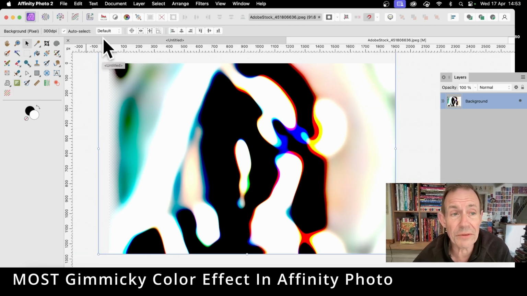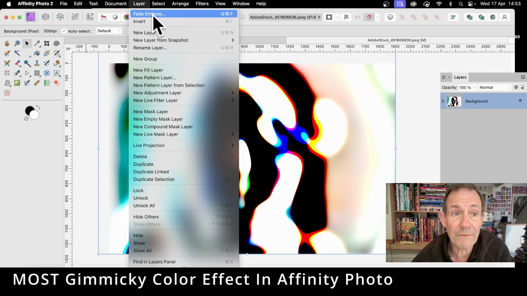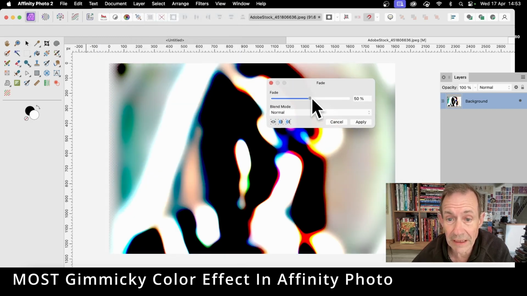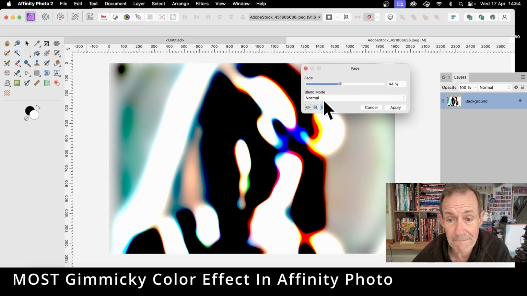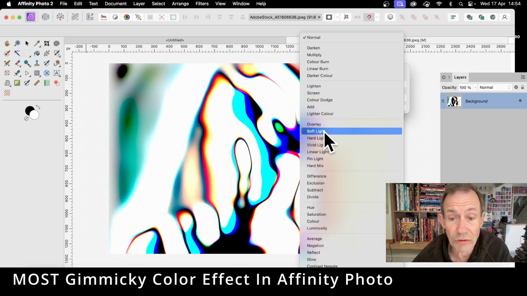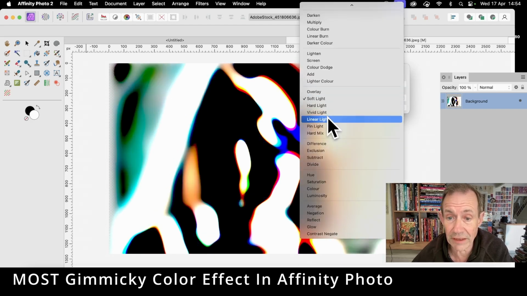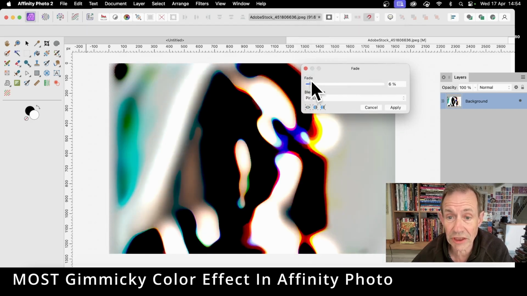So once you've got that, you can then use the fade. So Layer and Fade Emboss. So Fade Emboss. Just go up here and you can change the fade. You can see you can create some interesting colour designs there. But also you can go through these and just try them out. Go for soft light. Maybe go for hard light, vivid light, linear light, pin light, and just change the settings